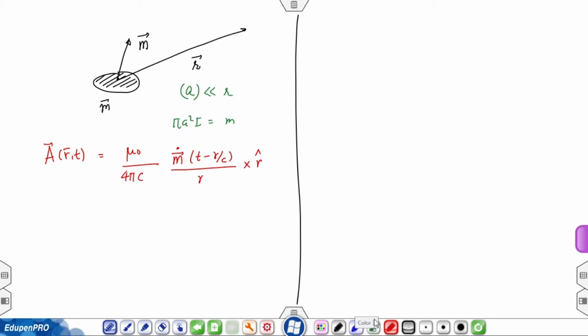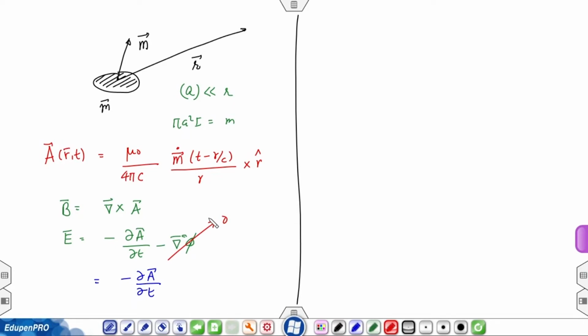And from this, I can calculate B as curl of A and E, which is minus ∂A/∂t minus grad φ,